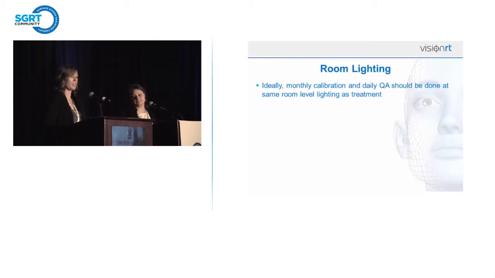So room lighting, ideally, monthly calibration and daily QA should be done at the same room level lighting as